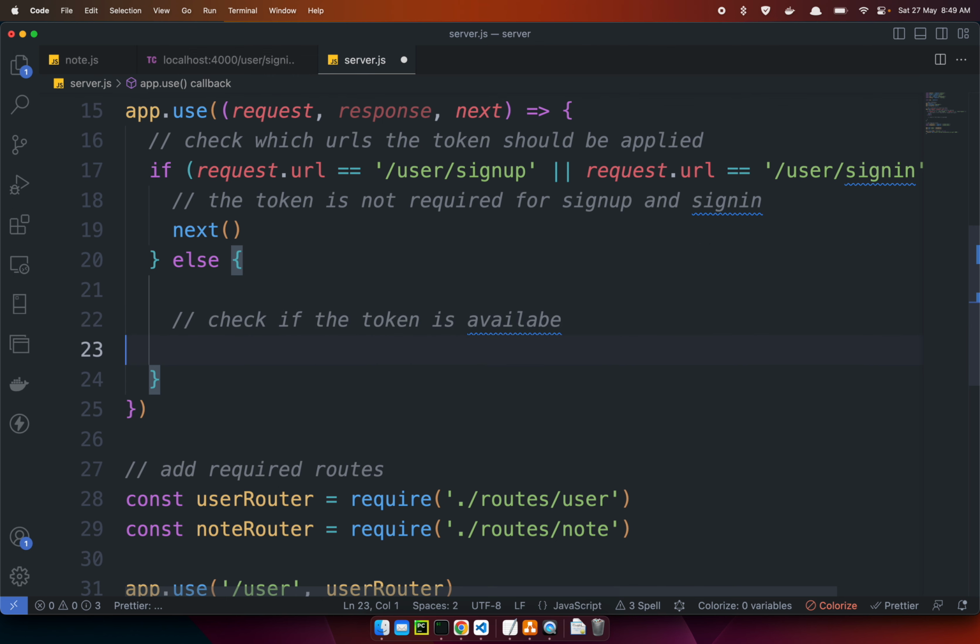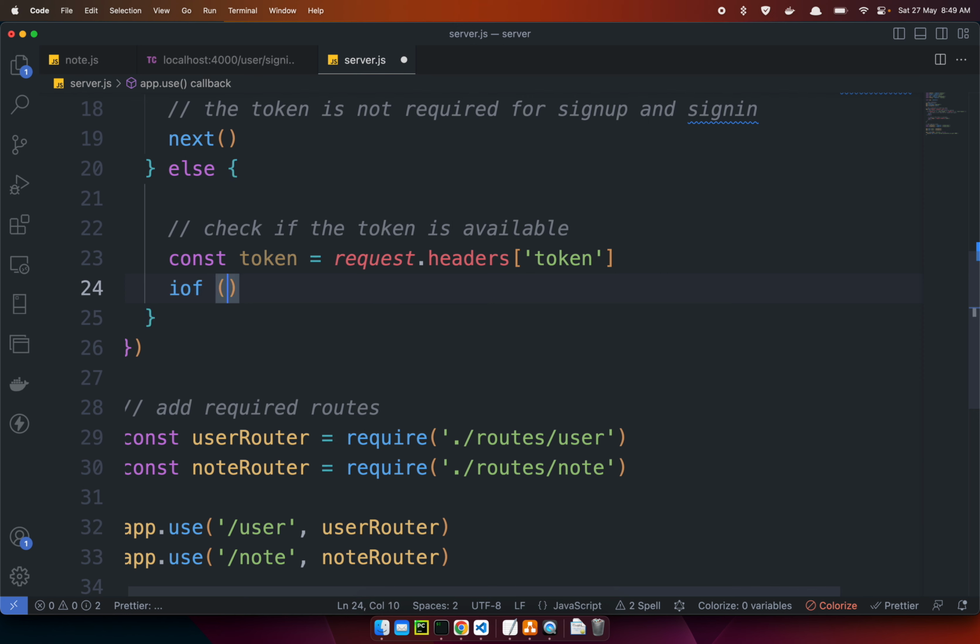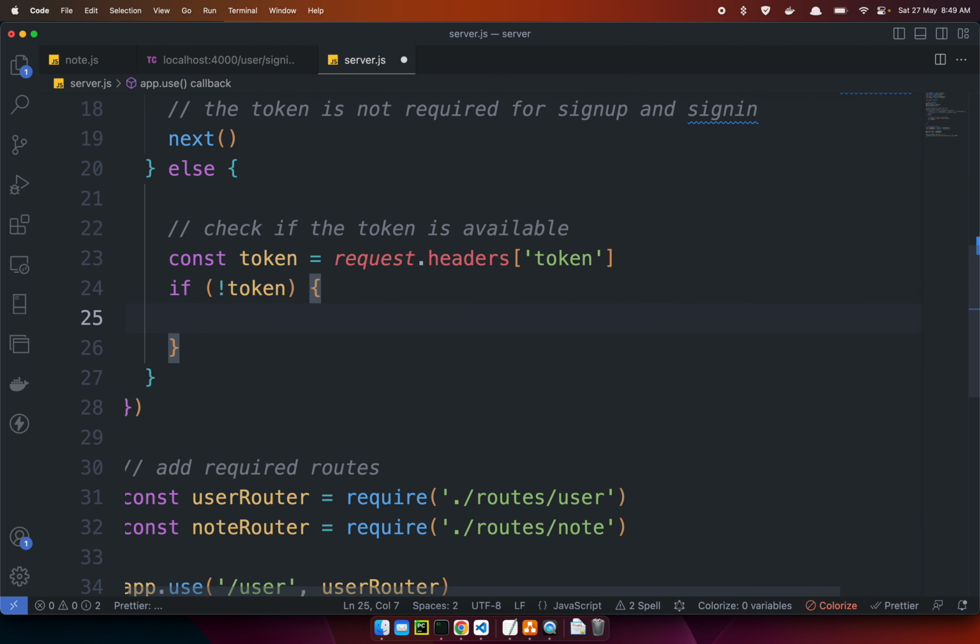You can check that by getting it from your so-called headers. So maybe I can go back here. I can say the token, which is going to be equal to request.headers, of maybe I can send a token from my headers as a token. If token is not available, if not token, which means if the user has not sent the token, I'll be